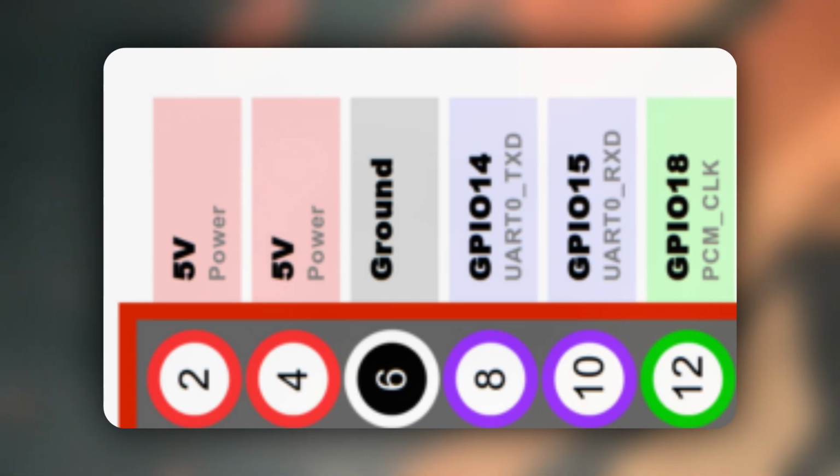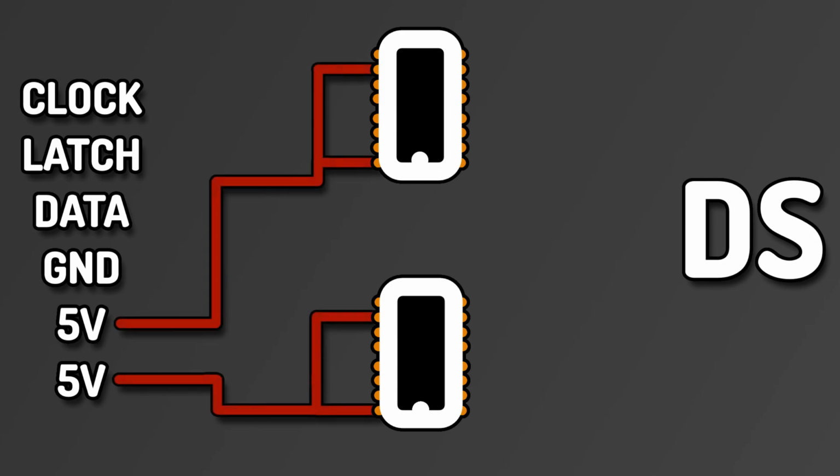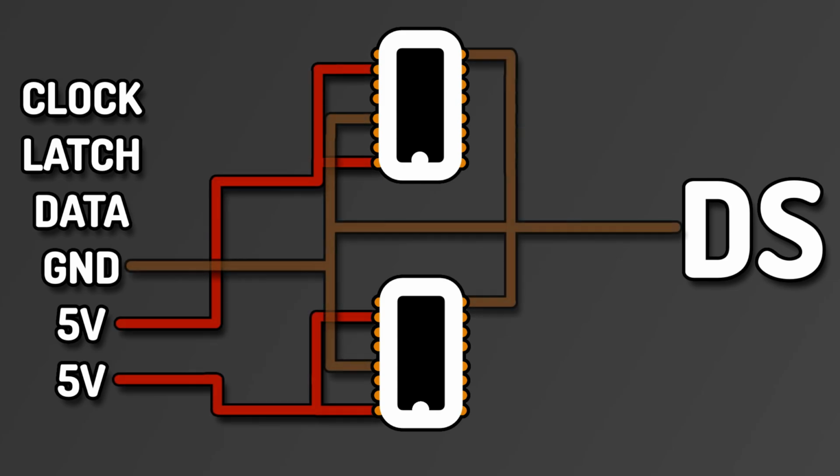Using the 2 5 volt pins isn't necessary for this, I could have chosen one, but I have done this as it makes it easier to line up the header with the edge of the pins. The control circuit takes these inputs and connects them like this. The first 2 pins are for power, and they go to pins 10 and 16 on both shift registers. The ground goes to pins 13 and 8 on the shift registers, and also passes through to the header for